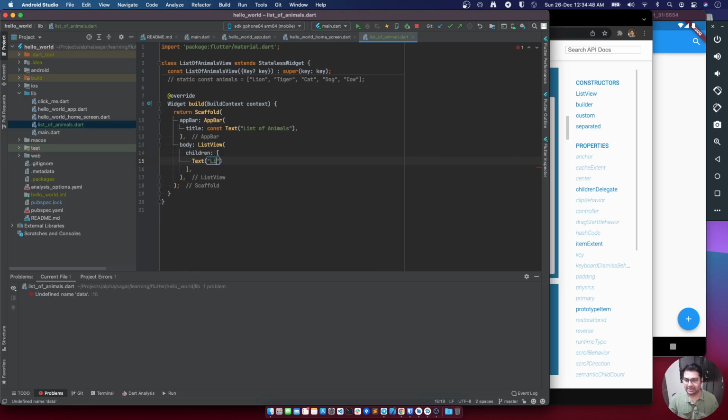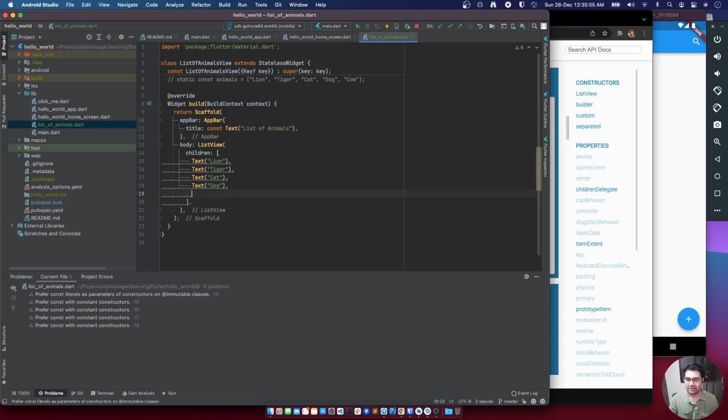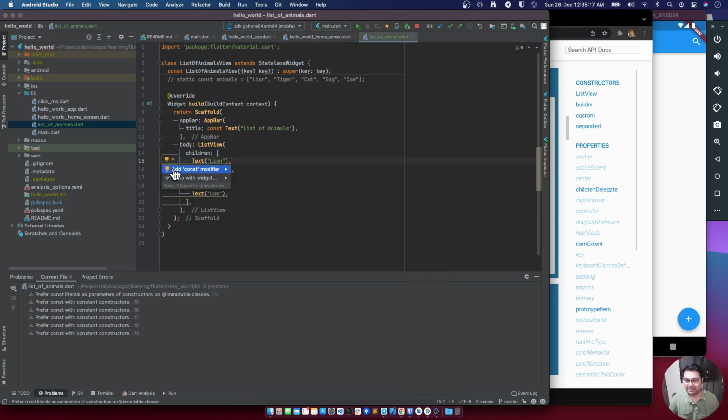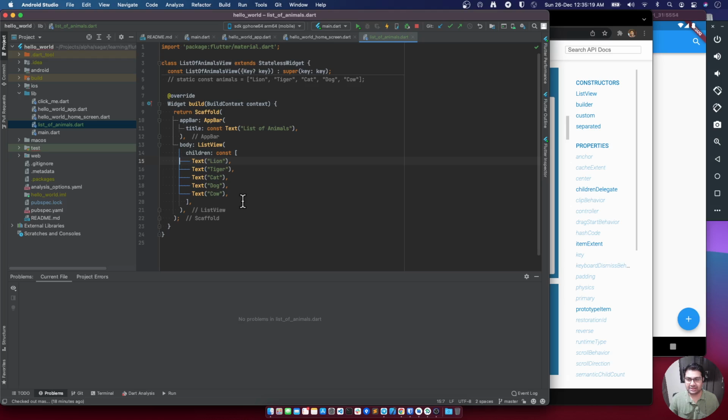So we would provide lion as the first child of the list view, then second would be tiger, and then cat, and then dog, and last is cow. So we have defined a list view with a set of fixed or const children basically, and we have no errors here.